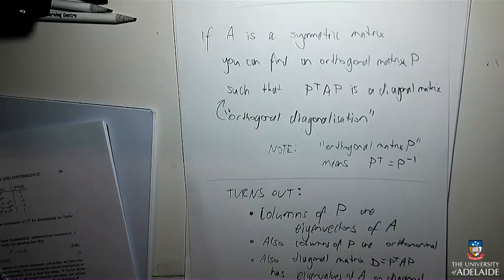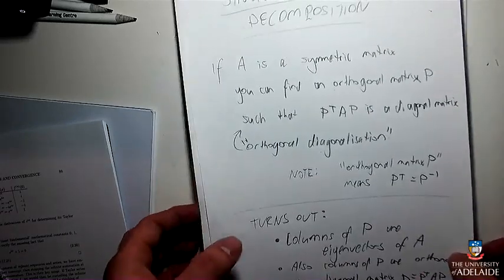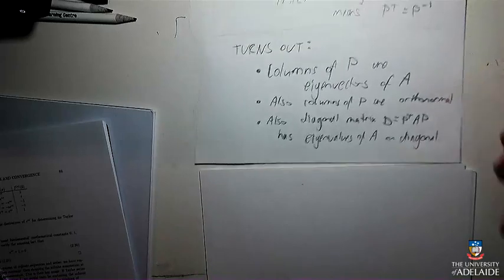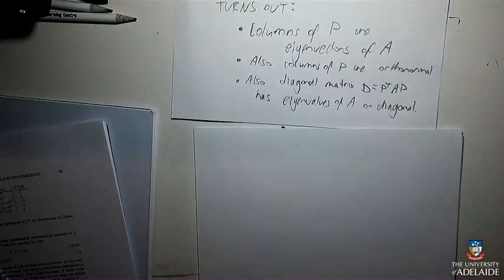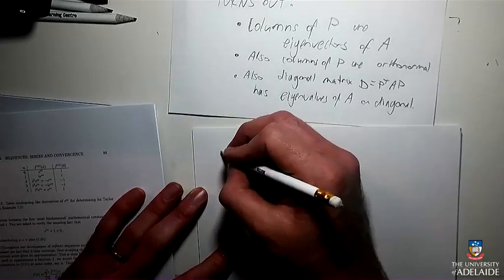But what if it wasn't even square? Because this whole thing only works for square matrices. And thus is born singular value decomposition, according to what your notes seem to say. So with singular value decomposition, we want to do a similar trick. We want to somehow multiply our matrix on one side and on the other side so that it becomes a matrix that has numbers down the diagonal. So singular value decomposition